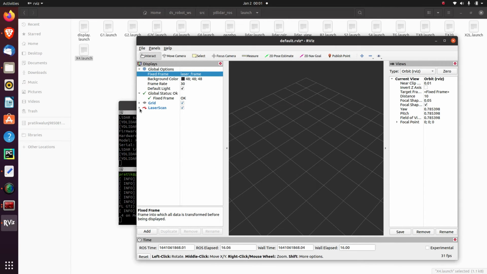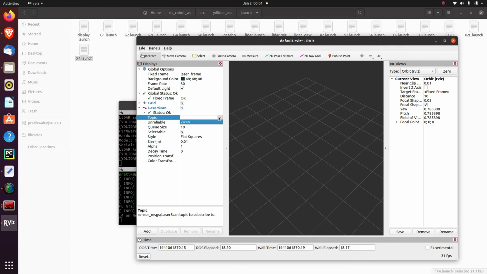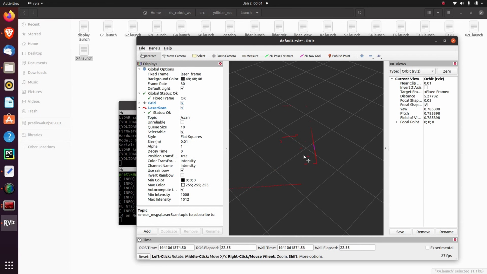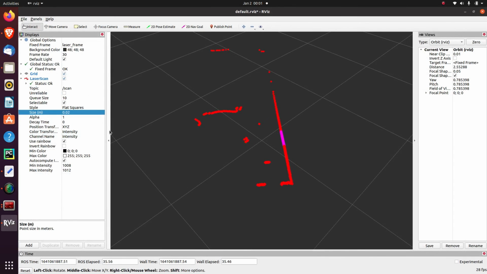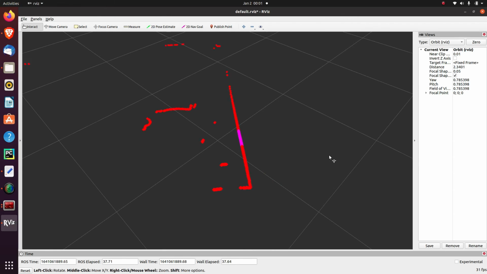Then you have to select the topic where the data is coming, which is scan. Now you can see the data is here. I am going to increase the width to 0.02, press enter. Now here we are visualizing our data.